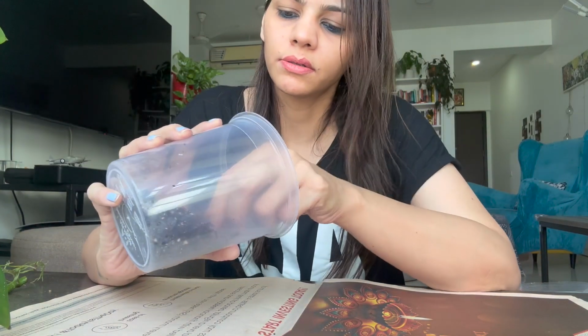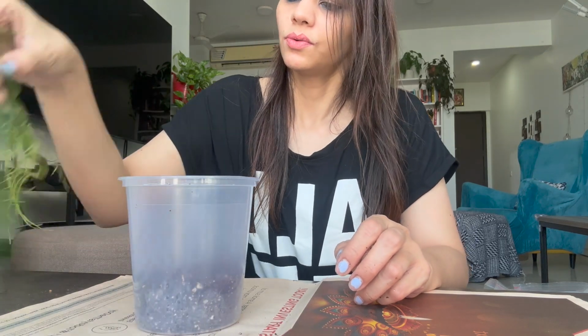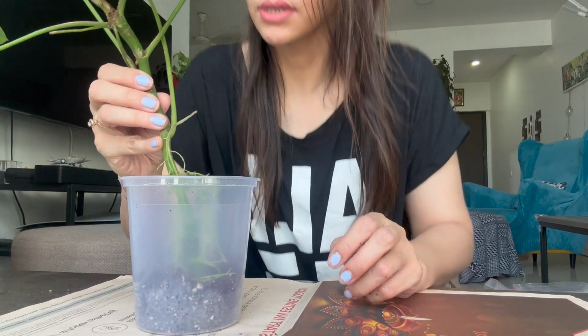Really like the mix. It's got these cocoa peat bark, this perlite, there's charcoal in it. Quite airy, it's very airy. I'm just gonna put a quarter of the container with the soil, and then